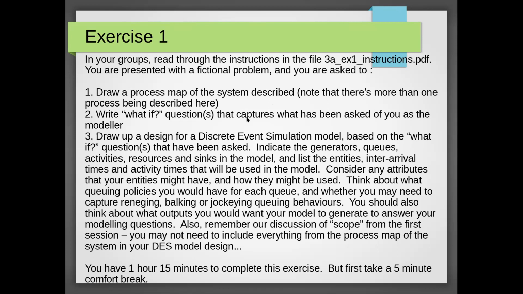Yep. So basically what you would normally do in the process mapping phase, you would draw your information from your stakeholders. So you would get together a group of people who are involved in this part of the system, probably in different aspects of that system, in different ways, and you would ask them to basically go through. So if you refer back to your notes from the very first session, we went through process mapping and about how you would do that. You would typically do that rather than looking at the data initially,